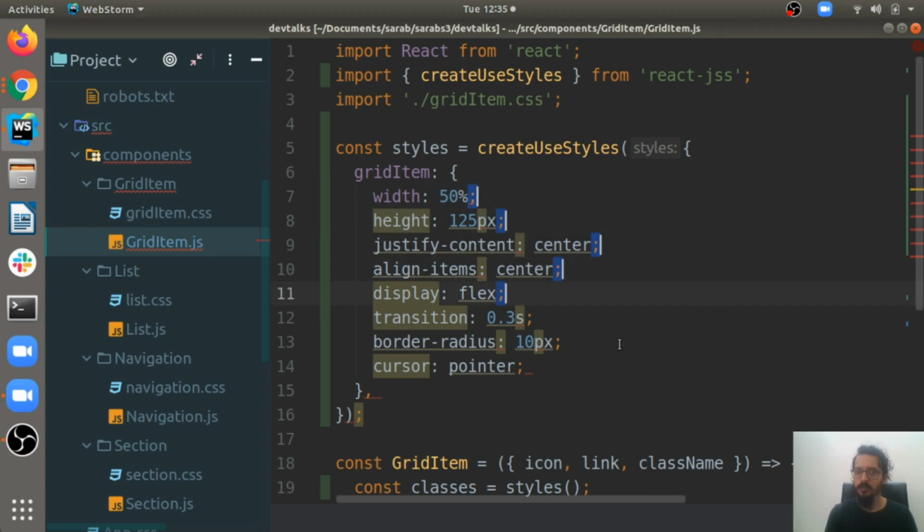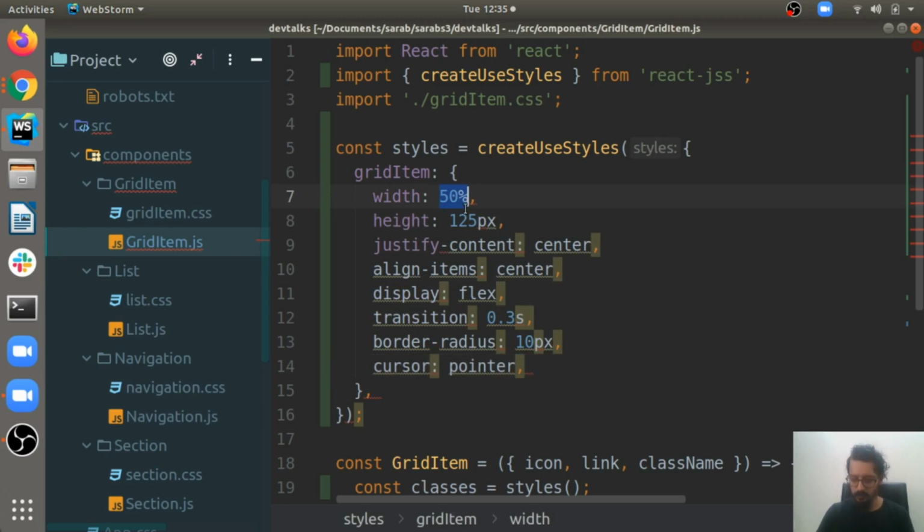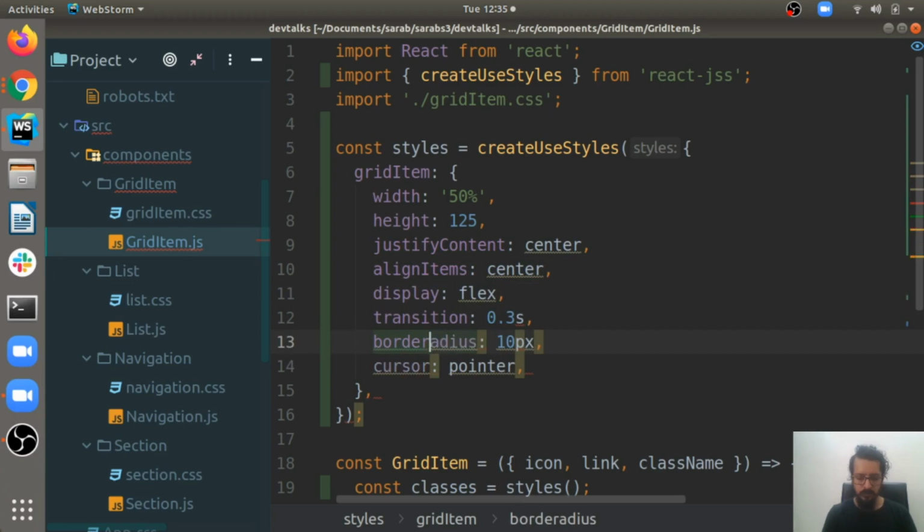So we need to replace all of these semicolons with comma-separated values, and all of the values are going to be strings. Every CSS property which has a hyphen will now be a camelCase property. So border-radius will become borderRadius, where R will be capital.